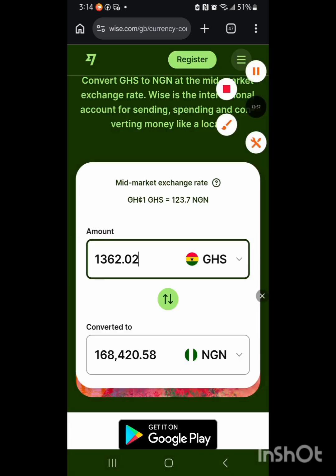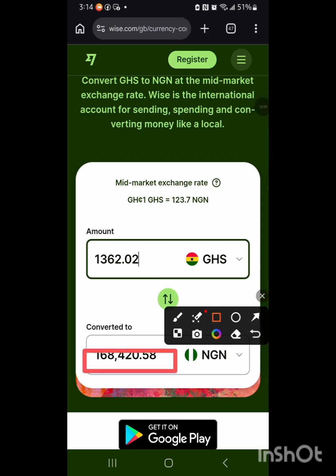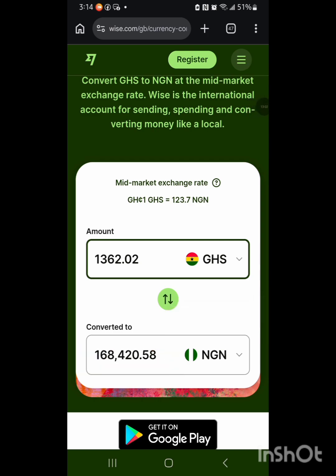Look at that. So we started at about 160. Right now we've made about 8,000 naira on top. So that's how this works. Although, keep in mind, there are fees in sending from Momo to Momo. Basically, if you're sending from a Momo account to another Momo account, you're going to pay like, I think, 2 cedis or 3 cedis or 1 cedis, depending on how large the amount is. And also, the person that will probably transfer this money might probably charge you some additional fees.